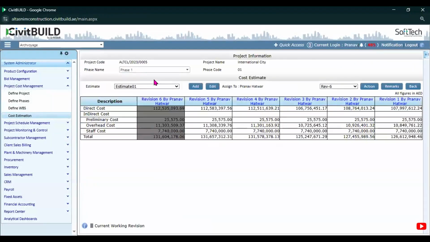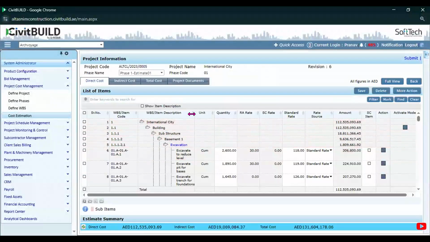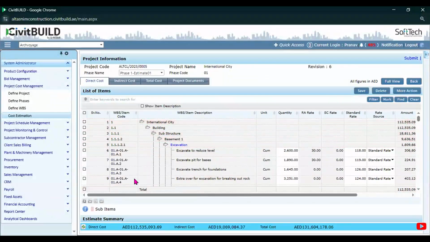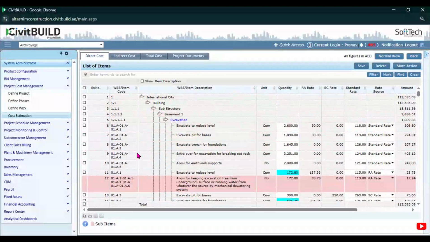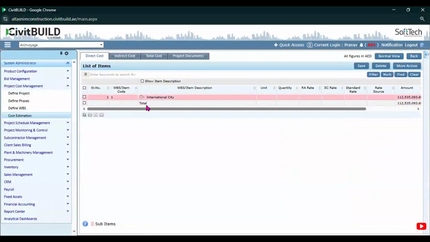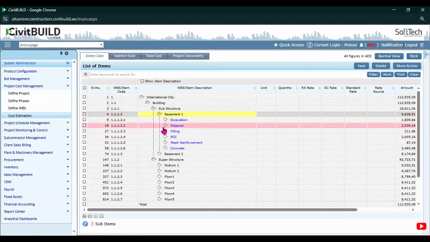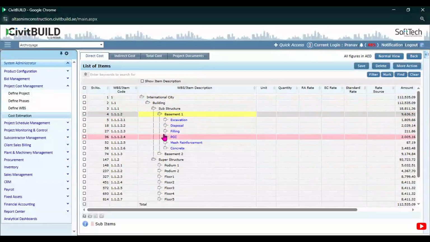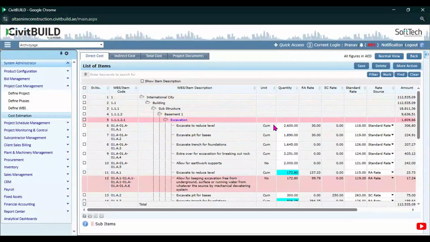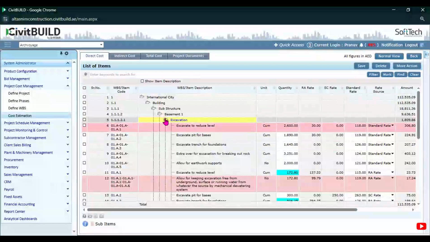Once the defined WBS is done, there is the estimate preparation for the project. The team executing the project will have the entire project structure available from the previous step, right from substructure level and superstructure with n number of floors, like we have mentioned earlier. For these activities, they can add multiple executable line items with quantities, rates, and amounts.